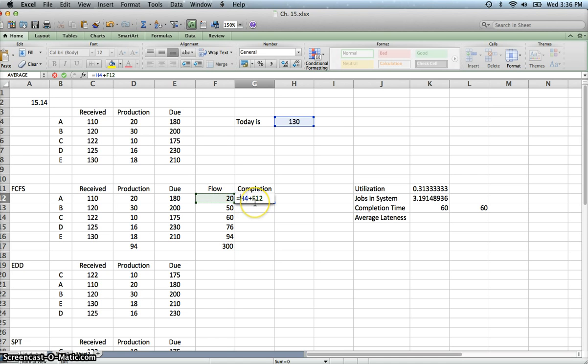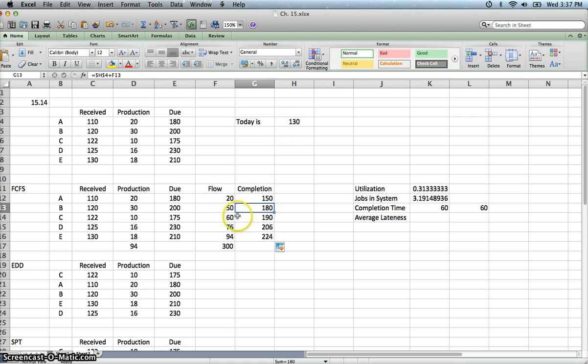Now I'm going to absolute this first one because today's starting date won't change here. And then I can copy down the formula. So think about that. So 150 now, if I copy this down, you'll see that it's doing it correctly based on flow time. We're going to copy this down. This should make sense because